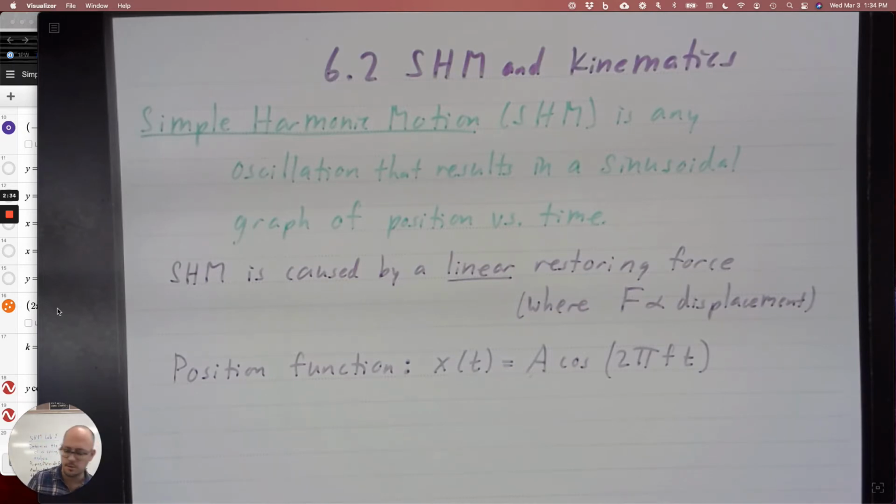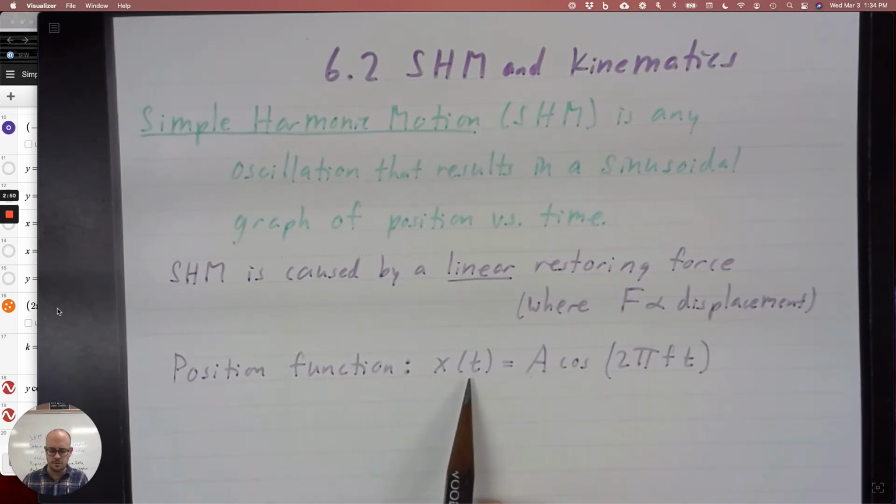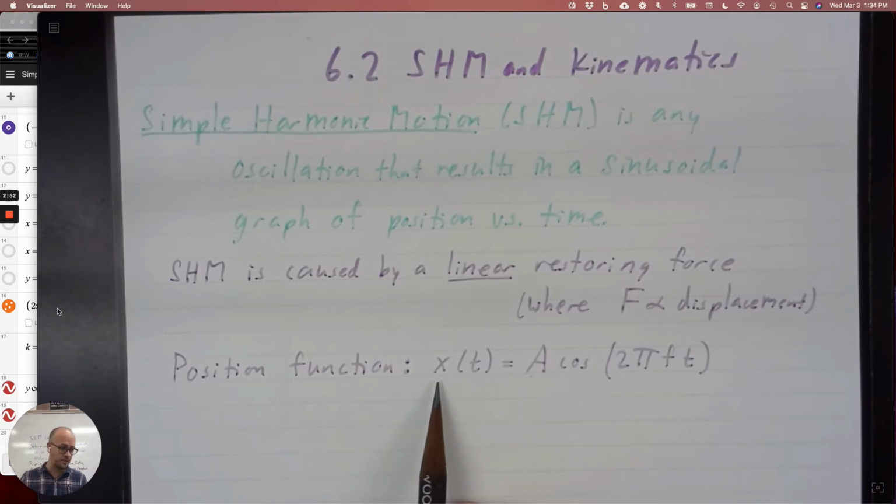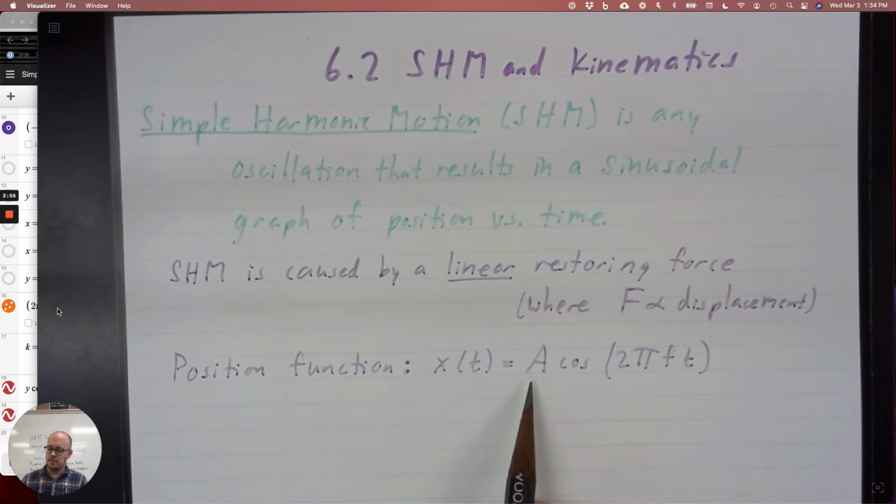springs and pendulums. Now, the equation that gets used least often on your equation sheet is this one, the position function of a simple harmonic oscillator. It's mostly important just for me to tell you what the properties are that influence it. So the position is a function of time. This can be horizontal or vertical, or at an angle even, and is equal to the amplitude times the cosine of